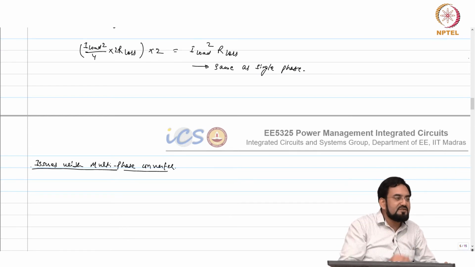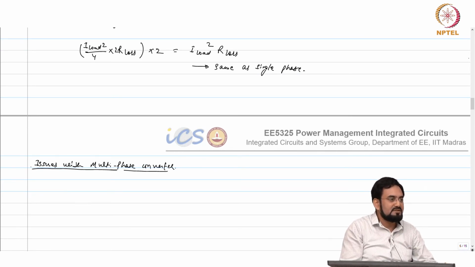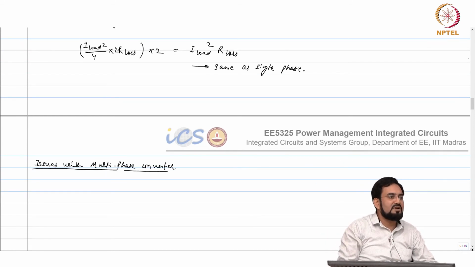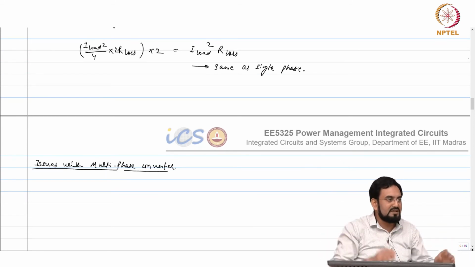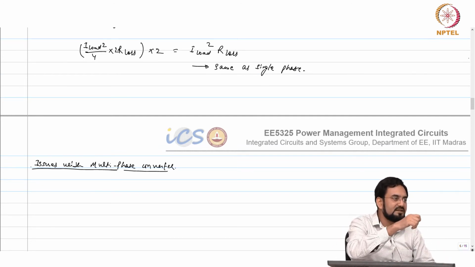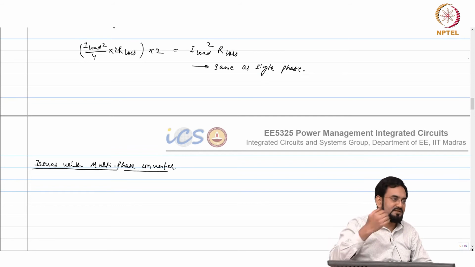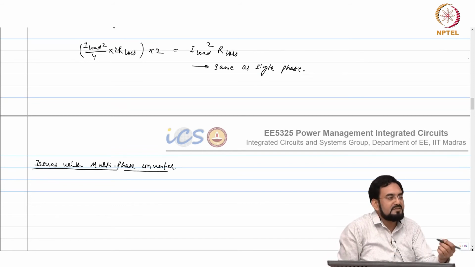The problem is, if the duty cycle is mismatched, what will happen? Inconsistency. One will have a higher current, the other will have a smaller current. Your loop will try to regulate. Even if there is duty cycle mismatch, your loop will force it in such a way that the average duty cycle will look the same. Okay, so that's not a problem actually. Regulation is not a problem. The problem will be current balancing. So current balancing is the main issue here.